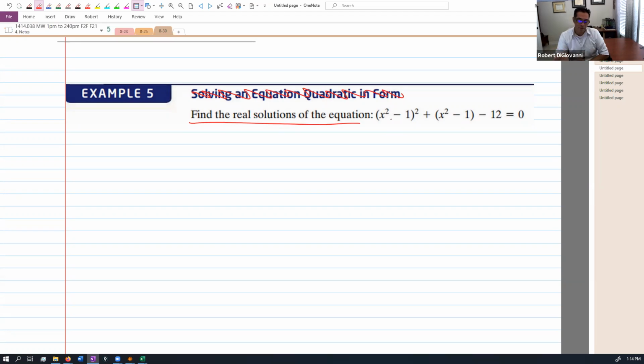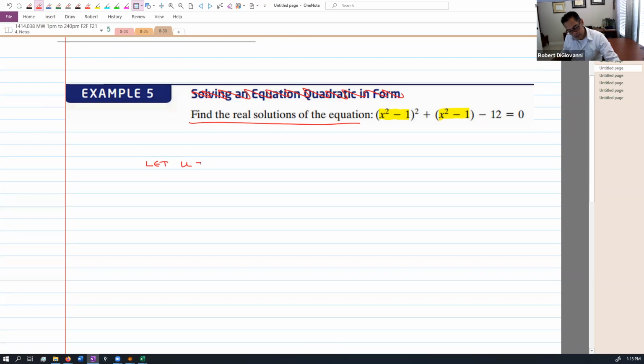You have to be able to look at that and realize, oh, hey, this is a quadratic form problem. And the only way to see that is to kind of squint your eyes and realize you have an x squared minus 1 and x squared minus 1 there, right? Those are identical. And so let's make a substitution. You don't want to use gray. Let's make our substitution. Let's let